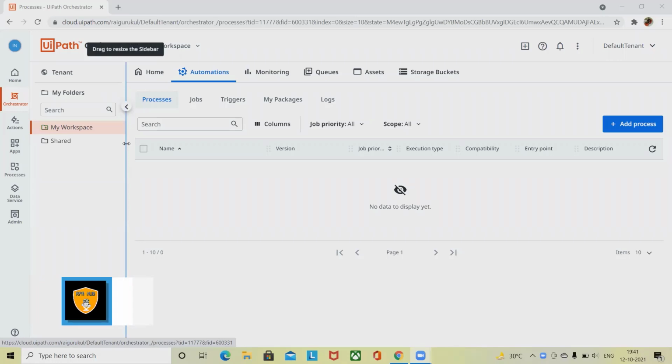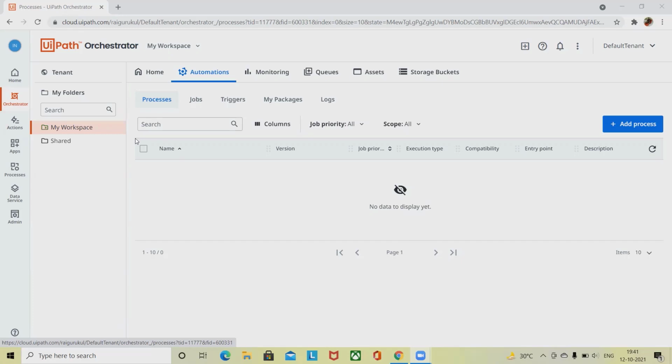Welcome to RPAUp. In this video, we'll discuss UiPath queues. A queue is a container that enables us to hold an unlimited number of items. Queue items can store multiple types of data, such as invoice information or customer details. That information can be processed in other systems, SAP or Salesforce for instance. So if you want to know the complete detail about queues, then watch the complete video. We'll discuss it here in detail.